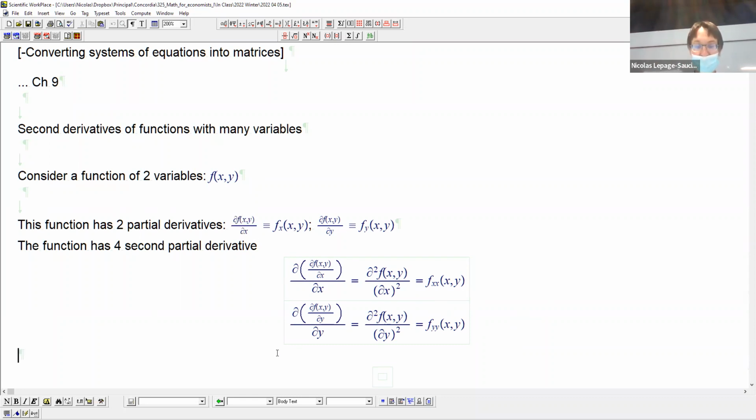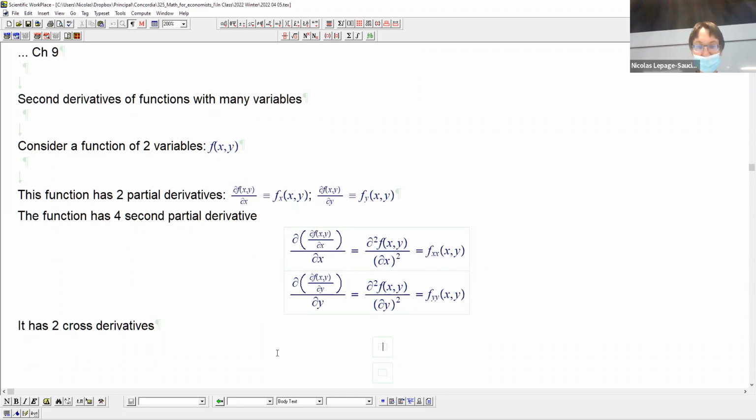So I would write it this way. Cross derivatives. So we started with the x. So let's derive with respect to y. And this would simply be equal to